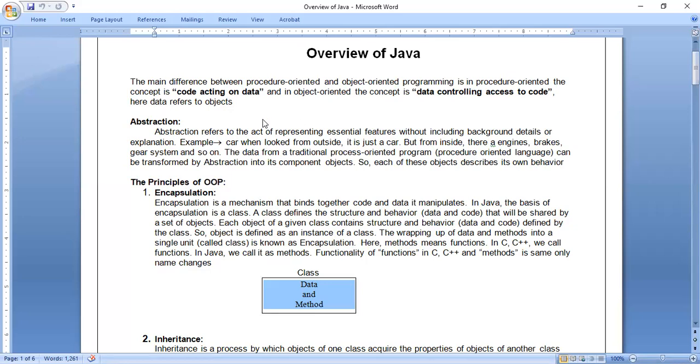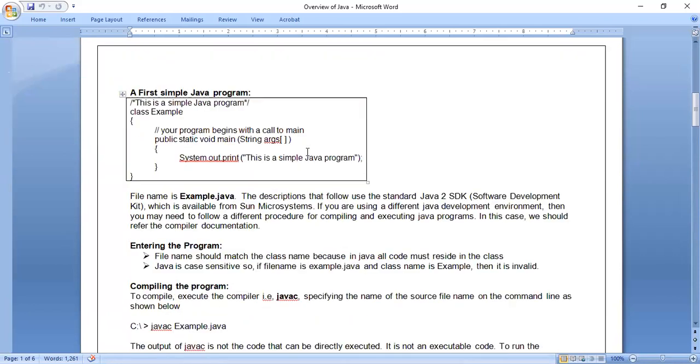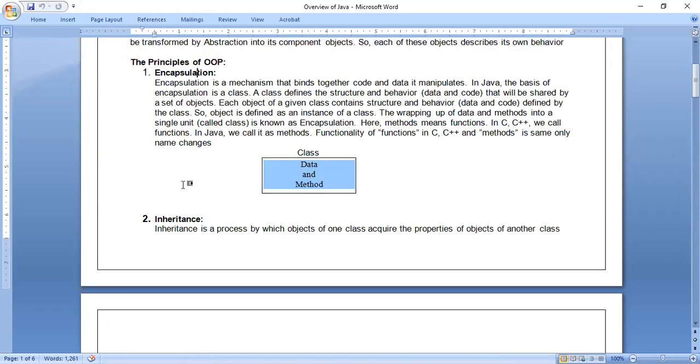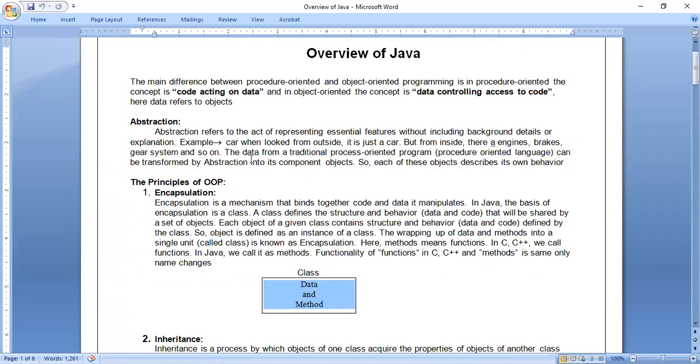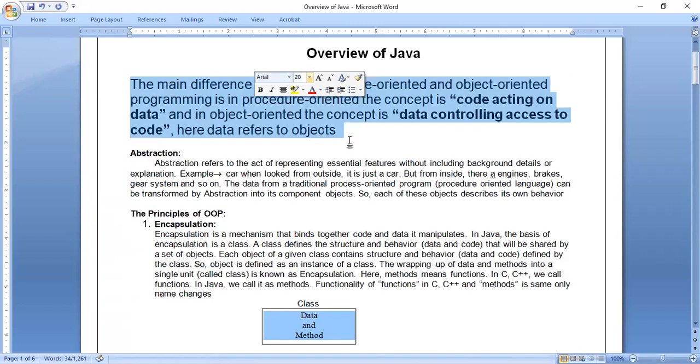So when we learn object-oriented programming languages, we have the principles of OOP. Three main principles are encapsulation, inheritance, and polymorphism. One more feature we can say is abstraction. Before that, yesterday we were discussing the main difference between procedure oriented and object oriented programming